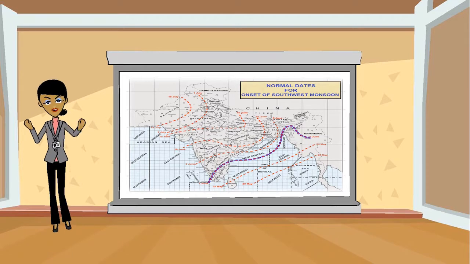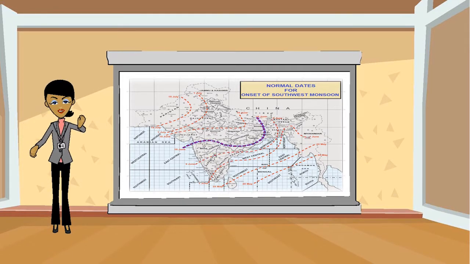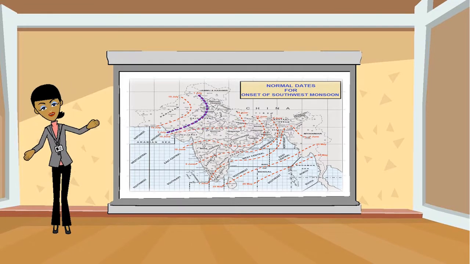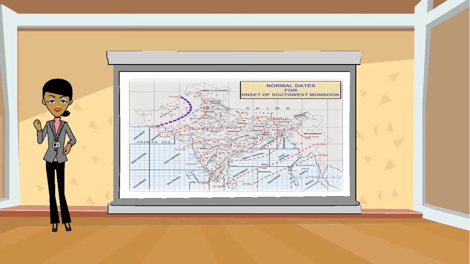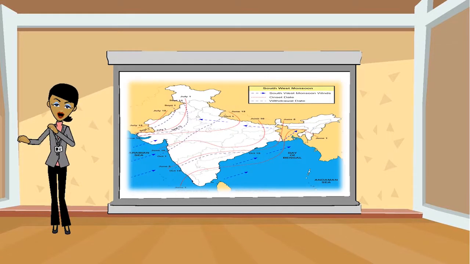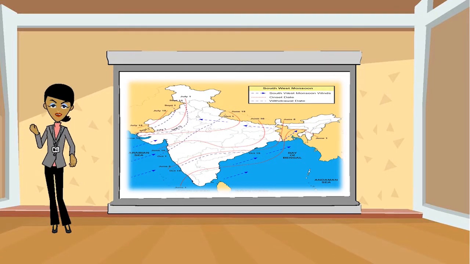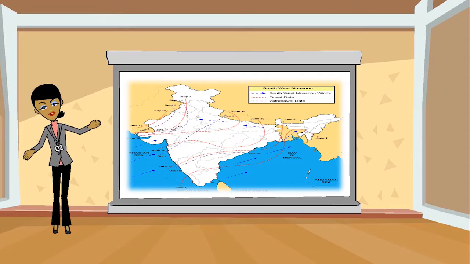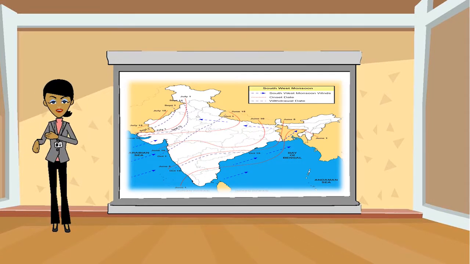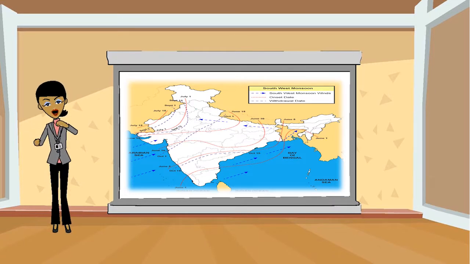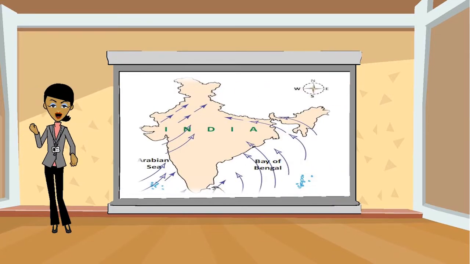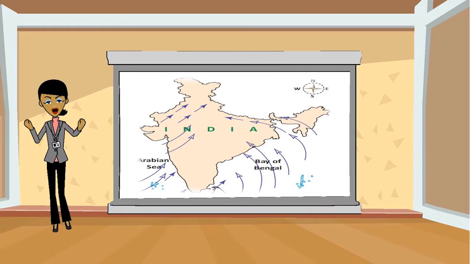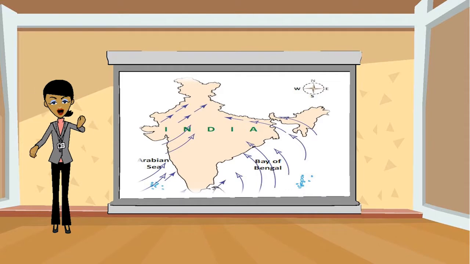The Arabian Sea branch is blocked by the windward side of the Western Ghats, which receives high rainfall. The windward side or the western side gets rainfall of about 250 cms. On the other hand, the Deccan Plateau that lies on the leeward side receives much less rainfall from this branch. This leeward side is called the rain shadow region. This branch of wind on moving further east gives lesser precipitation. For example, Mumbai receives 190 cms of rainfall, whereas Pune receives 125 cms of rainfall and Thanjavur gets 85 cms